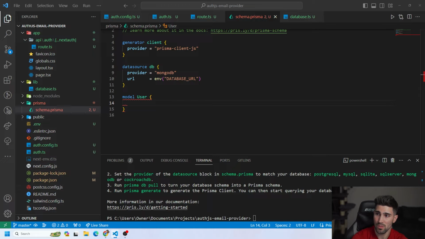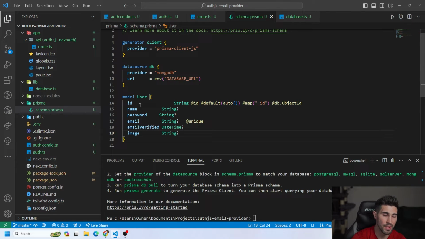So for the user model, which is going to be our user in our database, we're going to have an ID, which is unique to the user. And it has this decorator, which is very specific only to MongoDB. So make sure you use this decorator if you're using MongoDB. And if you're using a different one, check the docs and see what decorator you have to use for that specific database. But we're also going to have a name, which is optional, a password optional, email verified optional,